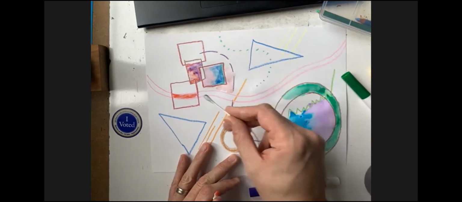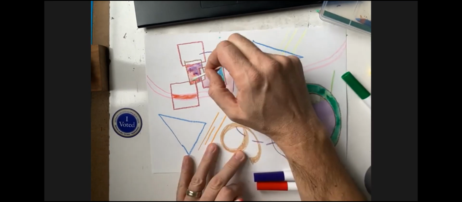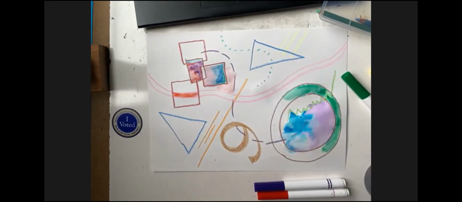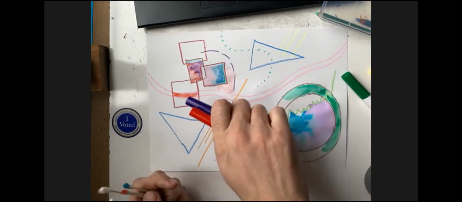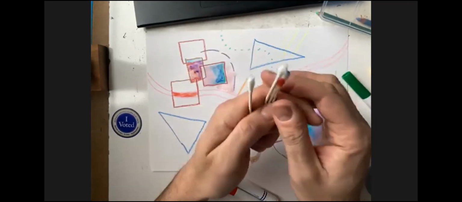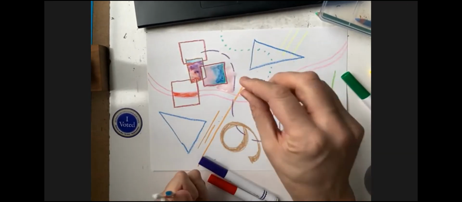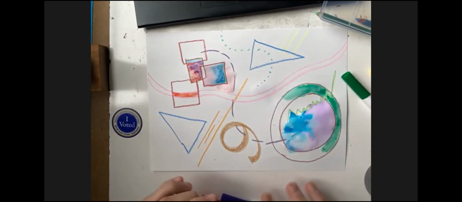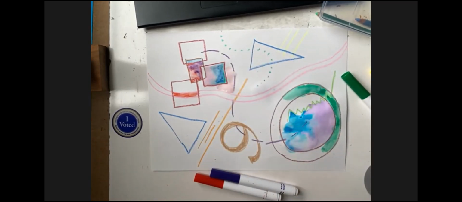Actually, that looks pretty good. And guess what? Look, it looks like a painting. All right. It looks like a painting. And that is the whole goal of this. Okay. So do a little bit of coloring, a little bit of wet, a little bit of coloring, a little bit of wet. If you don't have Q-tips, okay, you can just take a paper towel, like scrunch up a little bit of paper towel, get it a little bit wet, and spread around that marker there too. So how much should you work